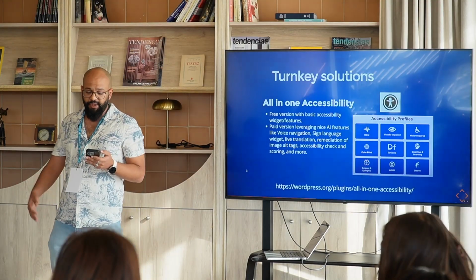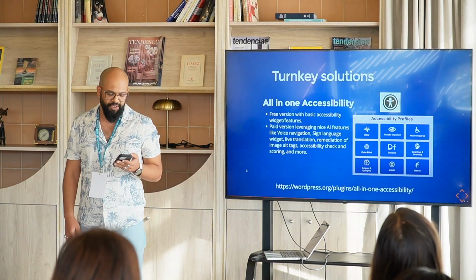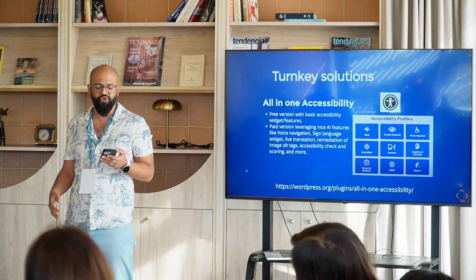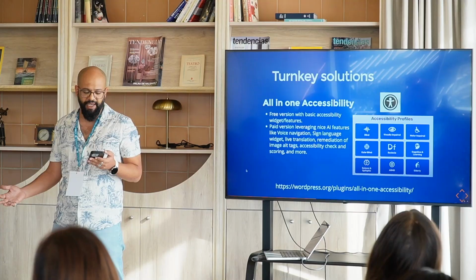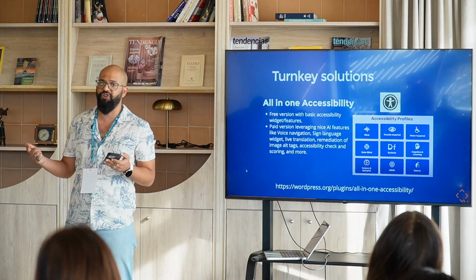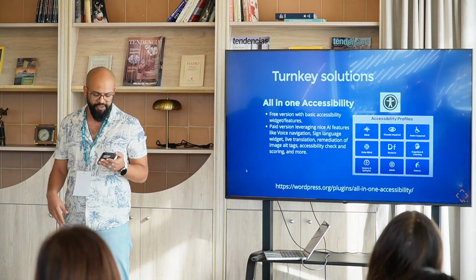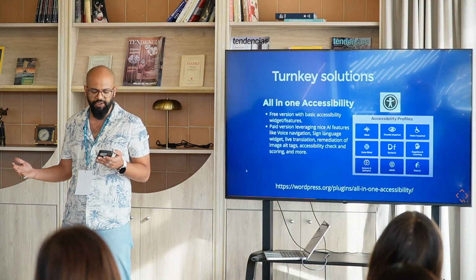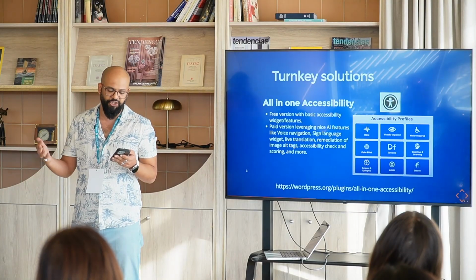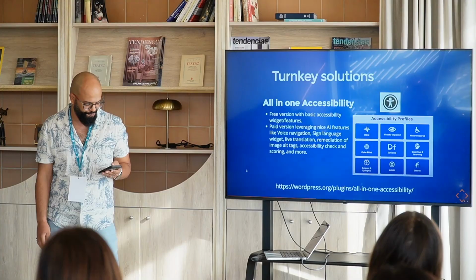The next one, a very similar plugin called All-in-One Accessibility, has a free version that includes the basic accessibility widget and features, but also a paid version that leverages AI to provide even more features like voice navigation, sign language representation, and live translation, along with tools like content remediation, alt tag generation, accessibility checks and scoring, and so more.